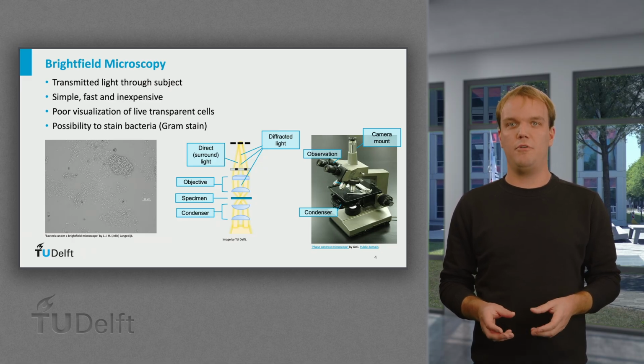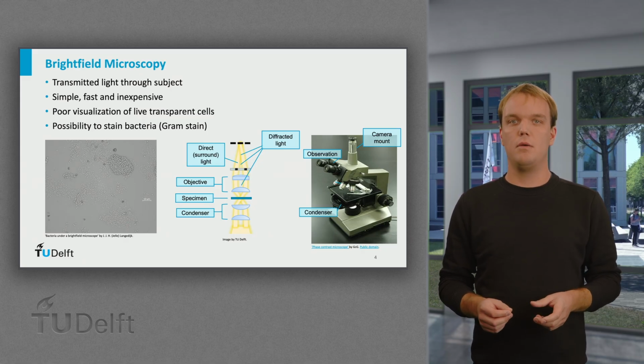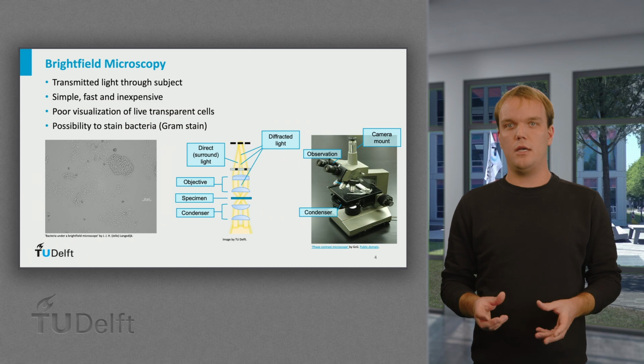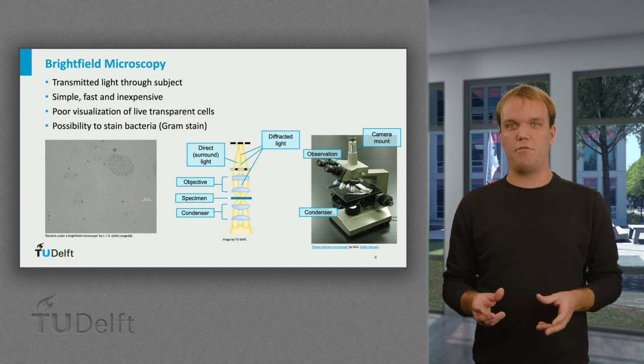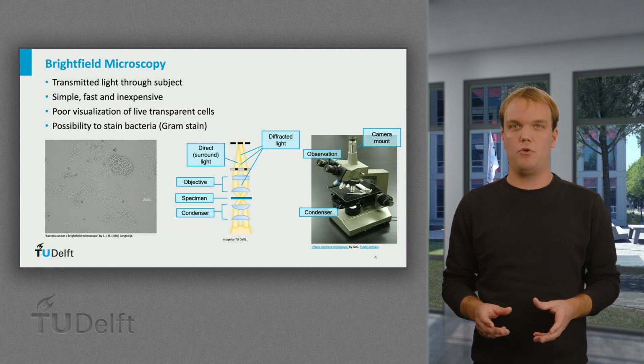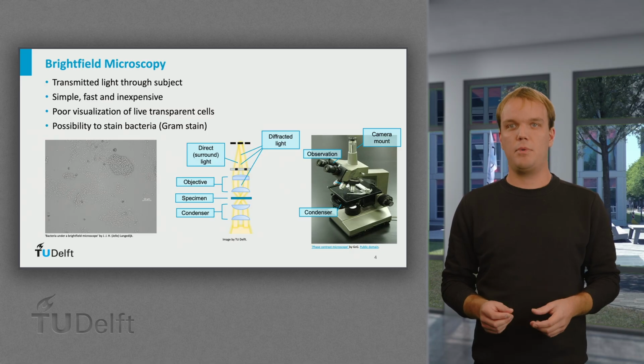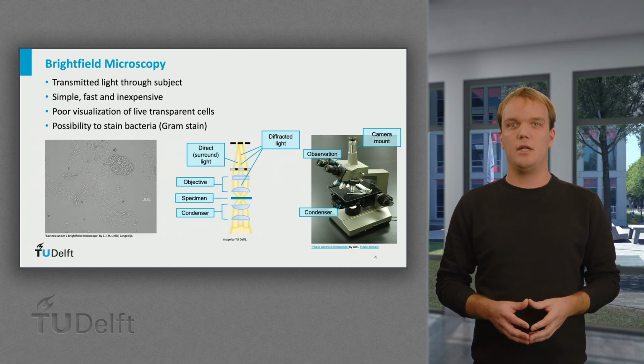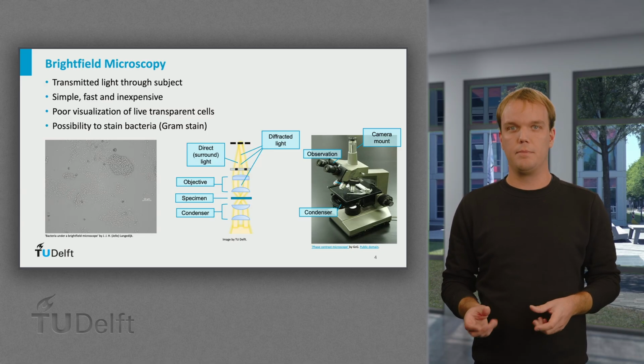However, bright field has limitations. Many microbial cells are almost transparent because they are mostly water. As a result, unstained cells have a very low contrast and can be difficult to see. That is why bright field is often combined with stains, like the Gram stain, which we will discuss shortly.